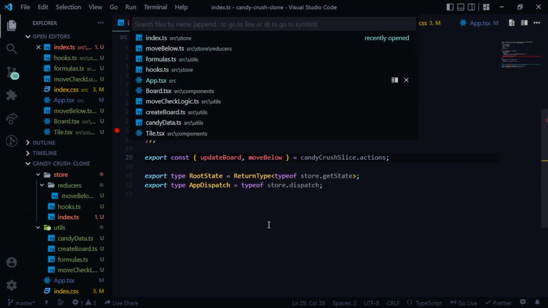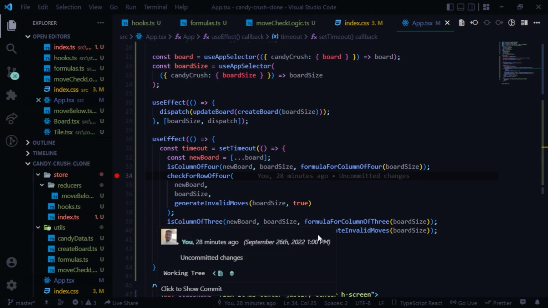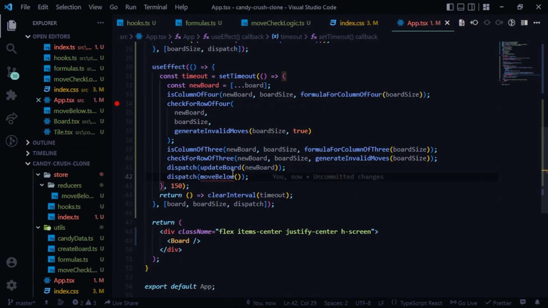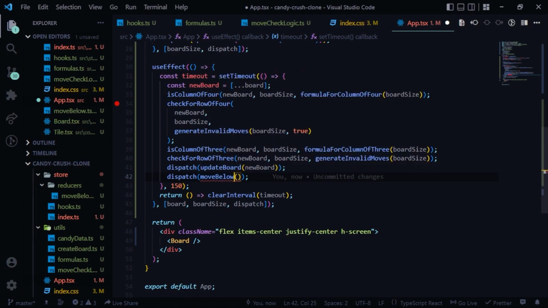and inside app.tsx, what we are gonna do is, after the update board, we are gonna dispatch move below, import it. Expected 1 argument but got 0. An argument for payload was not provided. Okay, I think because of that we are getting the error